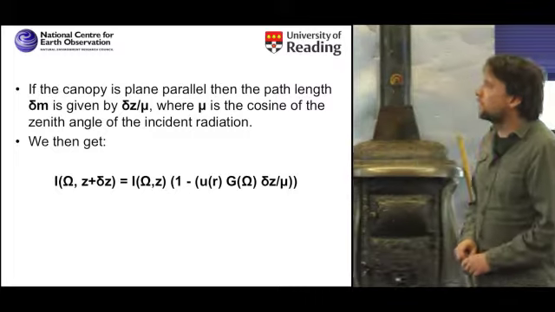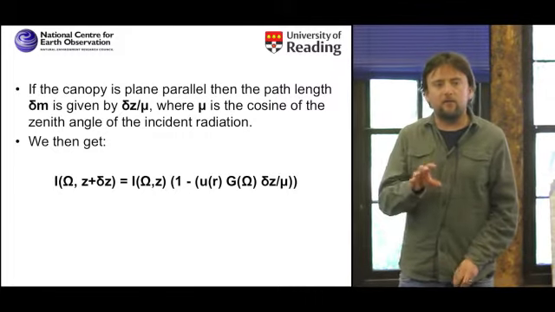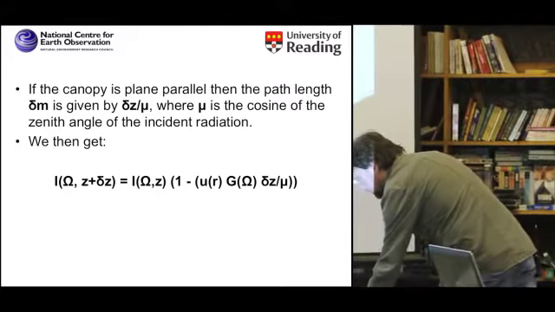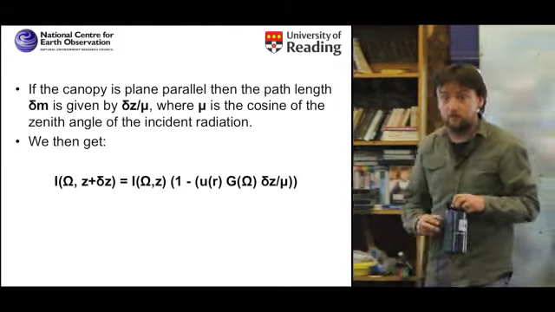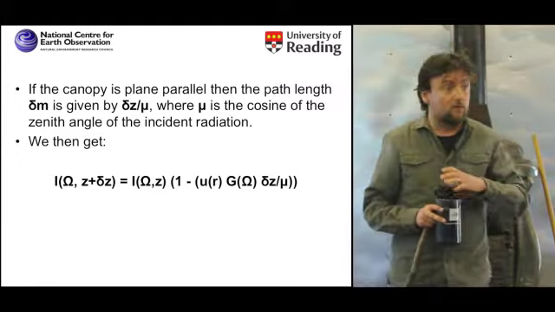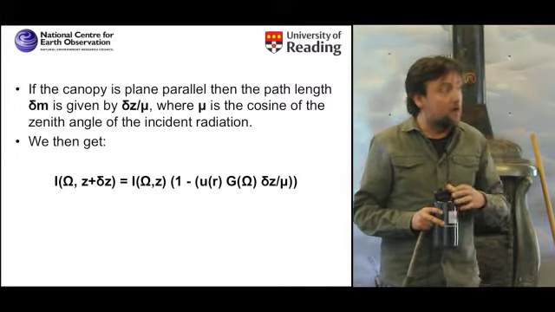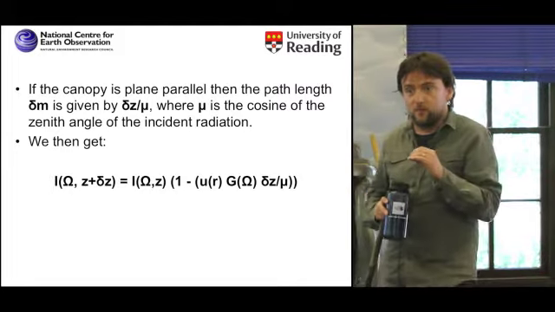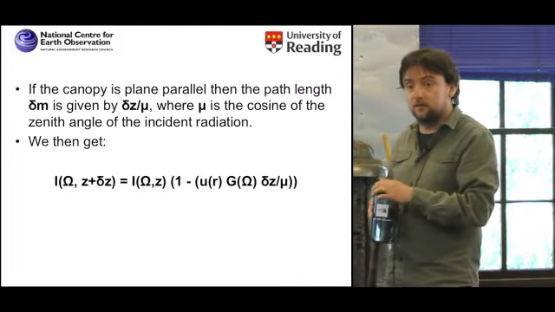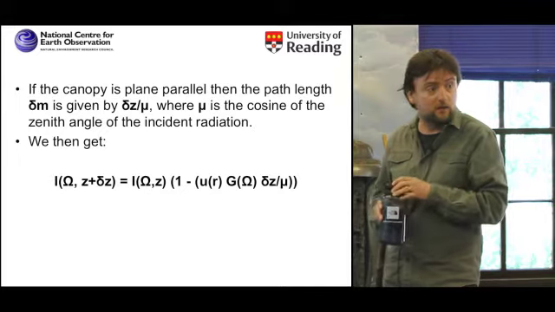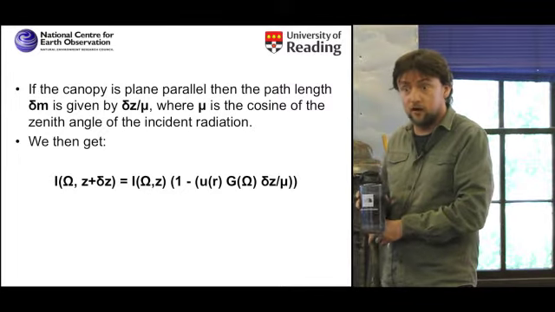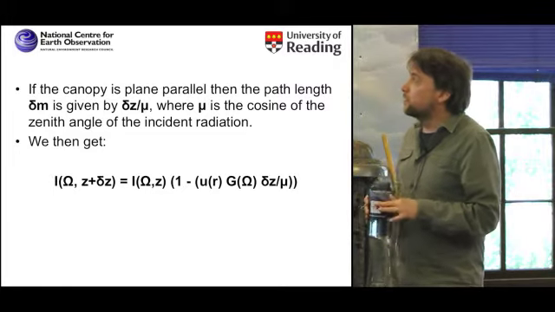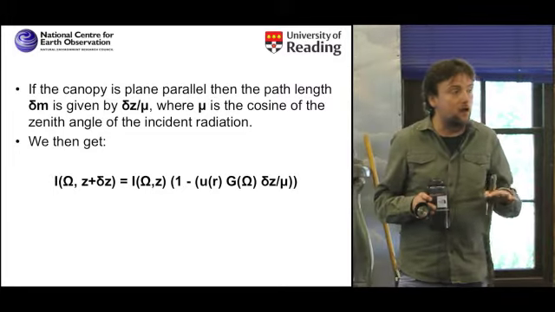Okay, so everything I've described so far is very, very general, okay? And we can use it to build quite complex models of light interception in plant canopies. What we're going to do now is start removing some of that generality from the model to try and actually build something that we can turn into an actual equation that we can describe something in the canopy with. So the first assumption we're going to make, which is very, very common